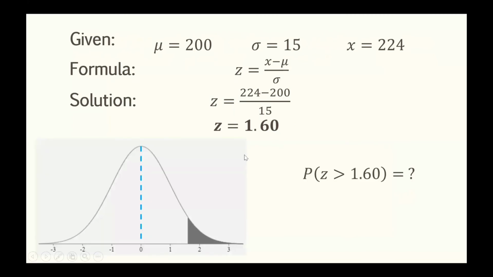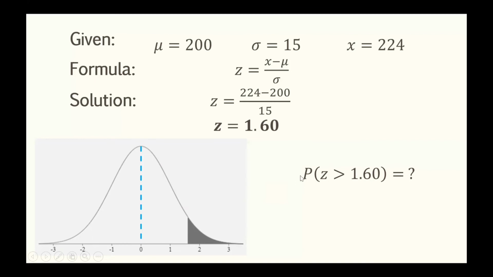In the normal curve, we have here the shaded portion, but take note the baseline, iba lang yung numbers niya. So yung dating 200 na mean, ngayon nasa standard normal curve na tayo, we have mean as 0, and yung 224 ay nasa 1.6. So from 1.6, that would be shaded to the right. So yung kukunin natin dito ay yung probability, yung unknown is the probability of z greater than, because the other term for more than, that is greater than with the symbol